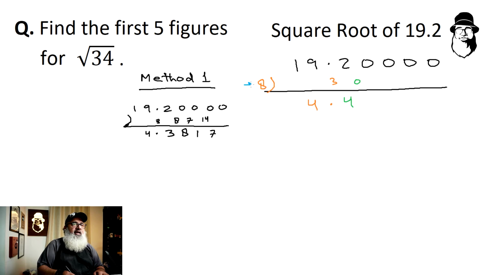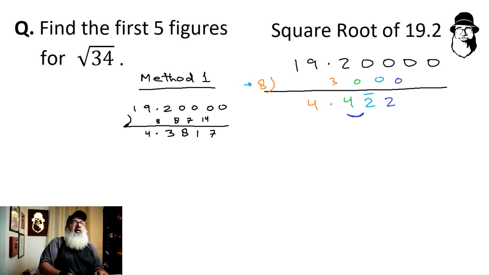Then bar 16 divided by this 8 will give us bar 2, right? And then in the next step, bar 2 remainder 0. In the next step we have to subtract the duplex of this 4 bar 2 from this 0, and the duplex of 4 bar 2 is 4 times bar 2 is bar 8, and double of that is bar 16, and 0 minus bar 16 will give us a negative number. Remember, when we have two negatives it becomes positive. So actually we have the new dividend as the positive 16, divided by this 8 will give us 2,